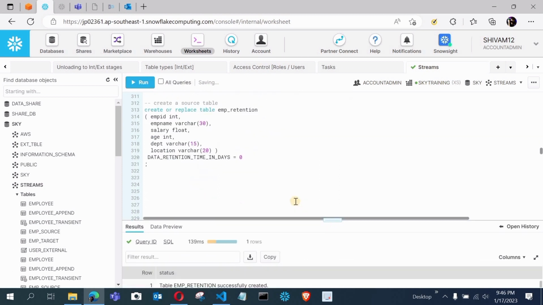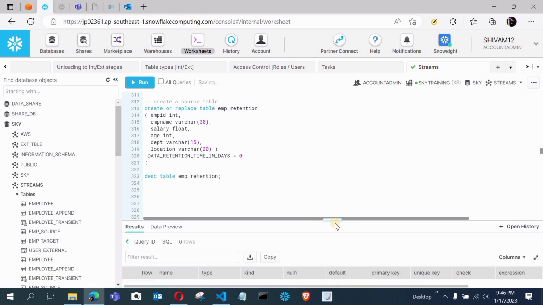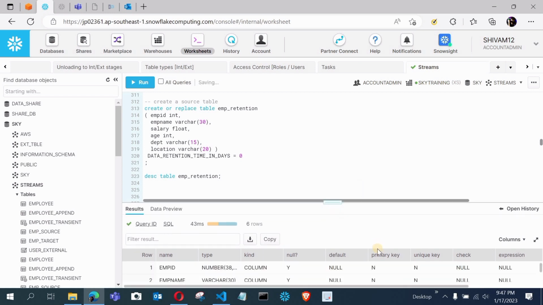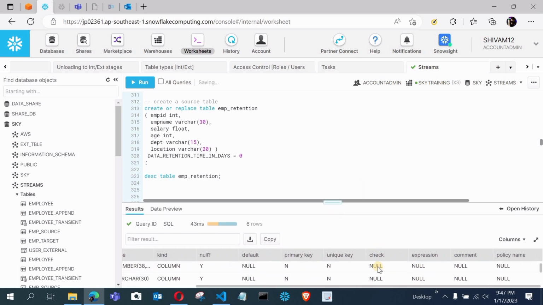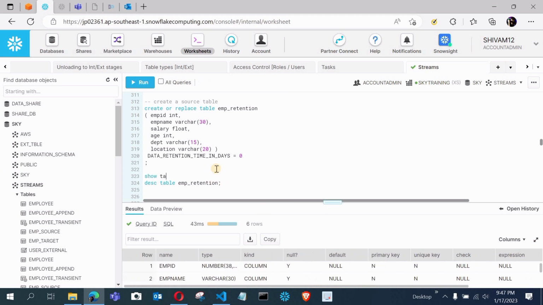You can see now this table is created, and let me describe this table and check whether we are able to see the retention period. Describe table, and let me describe this. So we got the description of this table, but we are not getting the retention here. So let me give another command, show tables in schema, and my schema name is streams.